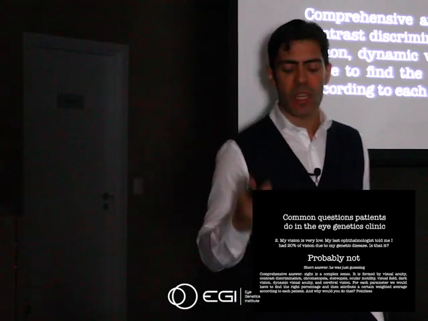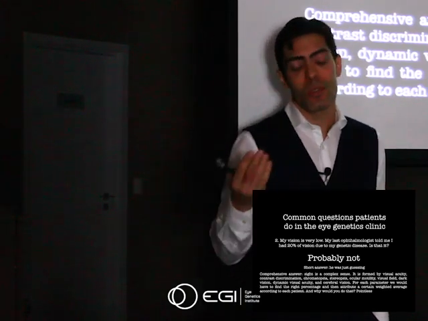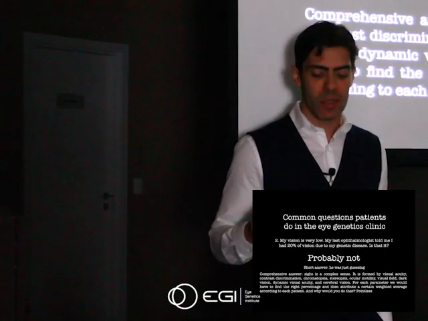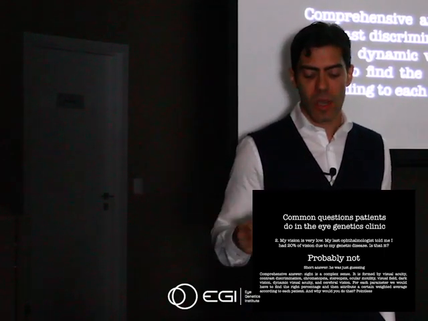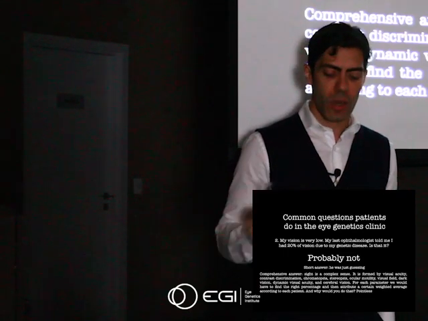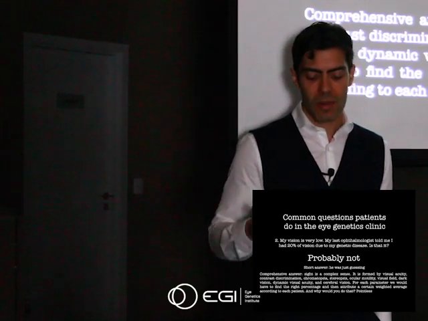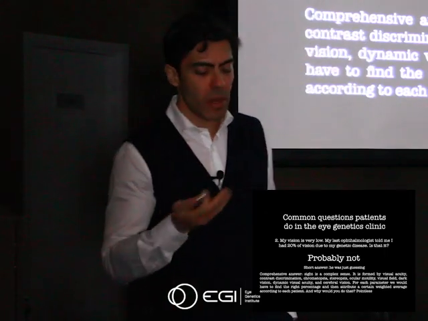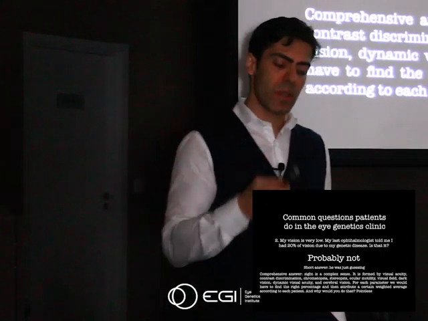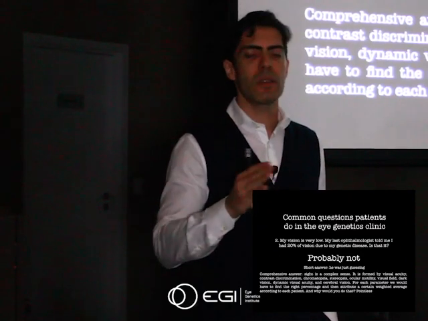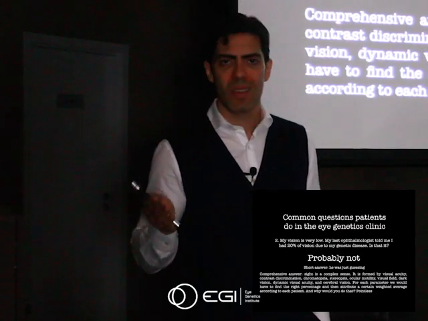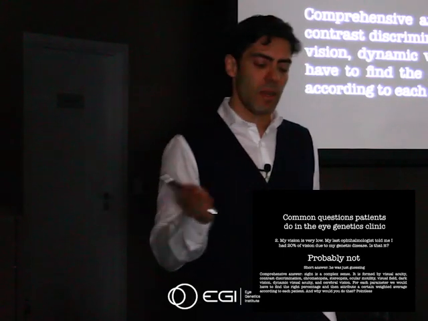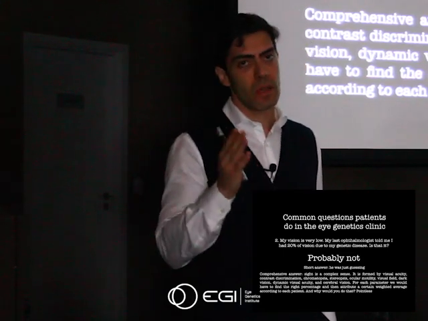All right, so for each parameter, if you wanted to find a number, you would have to find the right percentage and then attribute a certain weighted average according to each patient. And why would you do that? That is pointless, because you can have, for example, two patients with the same percentage but different parameters being affected, and then they would be treated in different ways, because